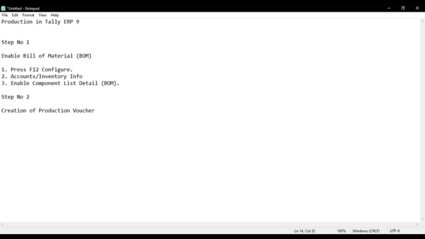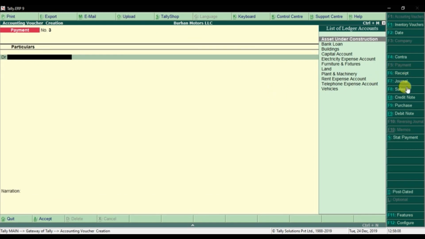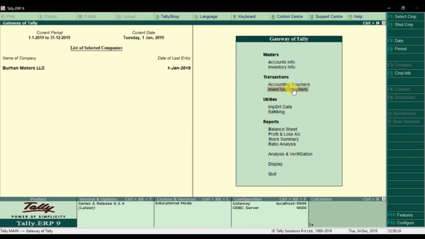We need to create one. First, listen to me. We need to create a new voucher type here. What are voucher types? If you remember, in the last class, when we enter those different vouchers, remember this F4, F5, F6, F7, F8, right? These are what? Voucher types. These are built in, already there in the system, right? So we need to create a new voucher type, but in inventory vouchers,